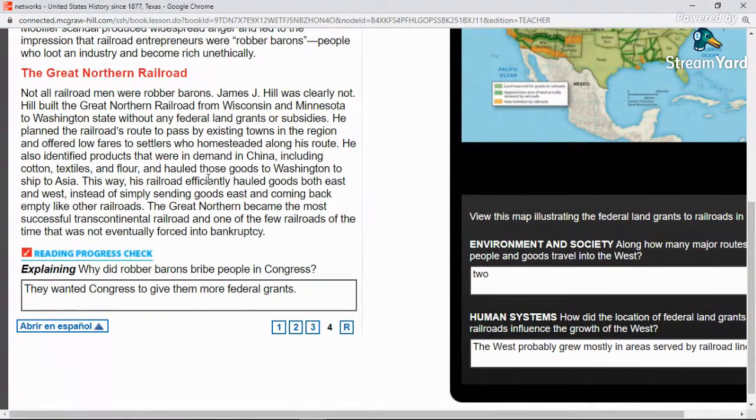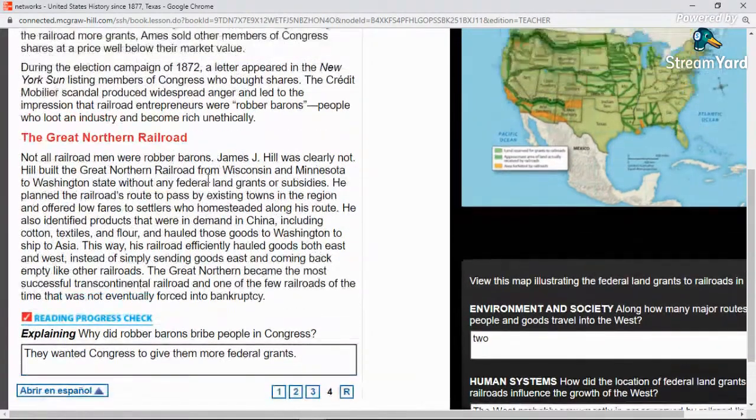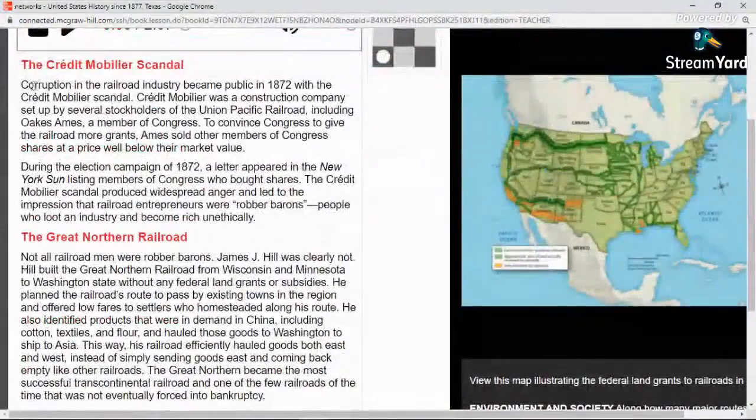So this is interesting because we had a very successful transcontinental railroad that was not government funded. It was totally privately funded. Why did robber barons bribe people in Congress? Because they wanted Congress to give them more federal grants. Okay, so read this